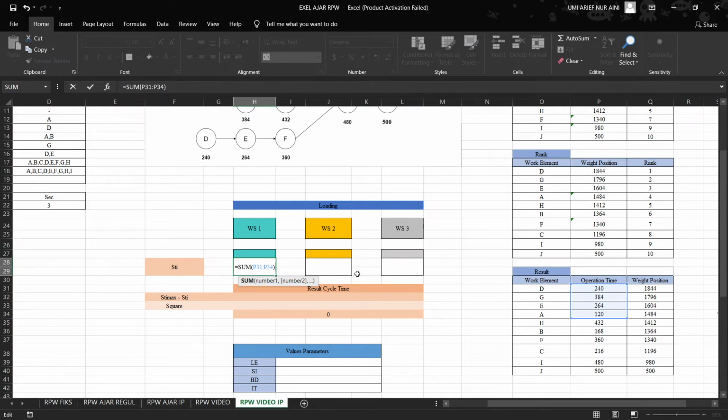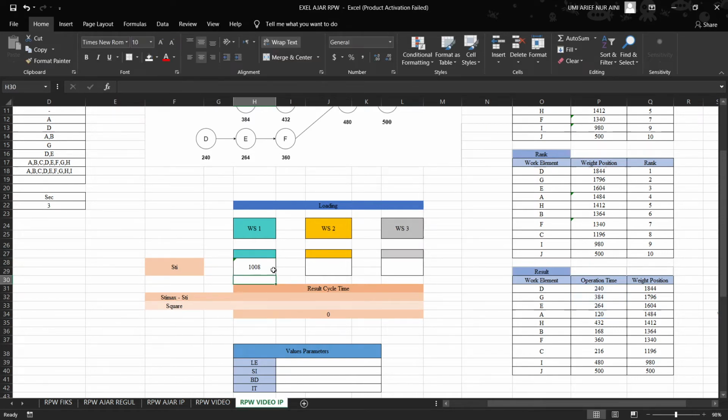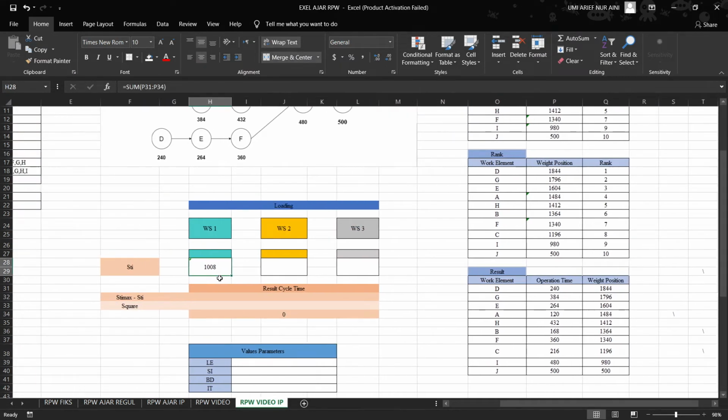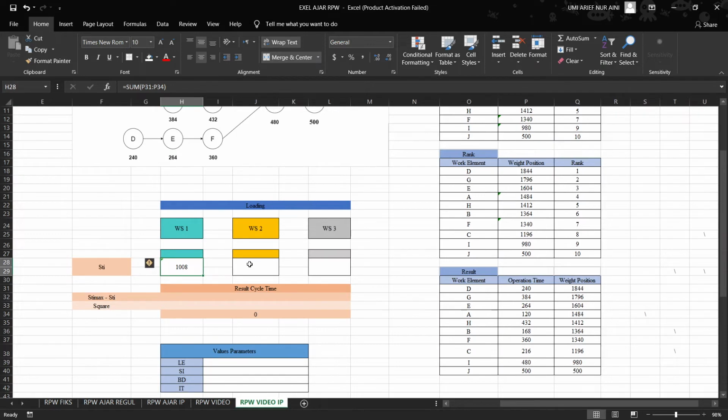If you click enter, you get the time for workstation 1 of 1008. And you can see it's not more than the cycle time. It's a good result.